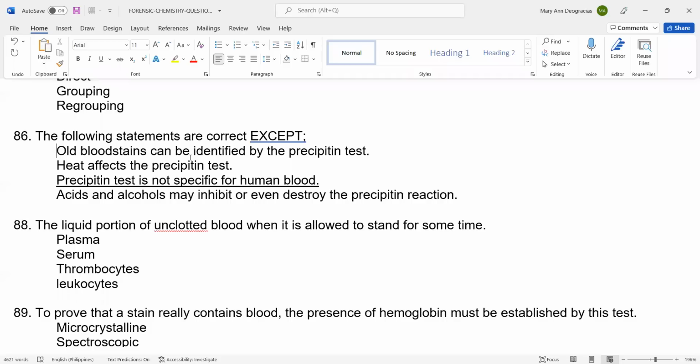Ang explanation ko sa inyo dyan dati is, halimbawa, ang crime scene natin ay sa labas. It's in a vacant lot. So yung victim natin, halimbawa, naarawan ng maghapon yan. So even if that is really the blood of the victim, once it was exposed to extreme heat of the sunlight, magne-negative sa precipitin. Kaya tama yung